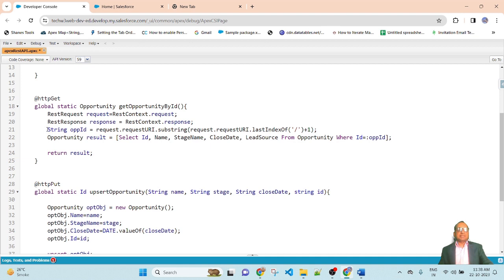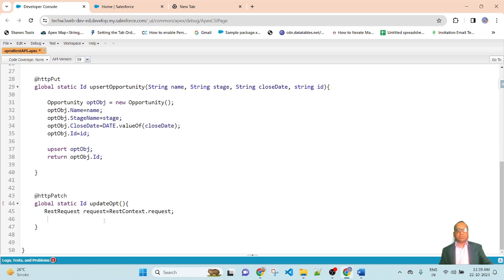So create a String opportunityId = RestRequest.requestURI.substring(request.requestURI.lastIndexOf('/') + 1). It will return the record ID of the opportunity. Copy the syntax and paste below.